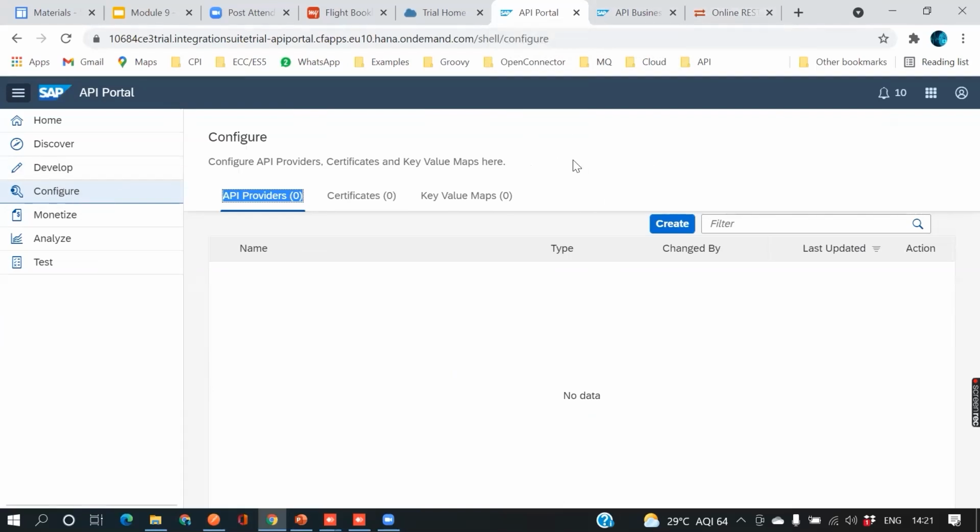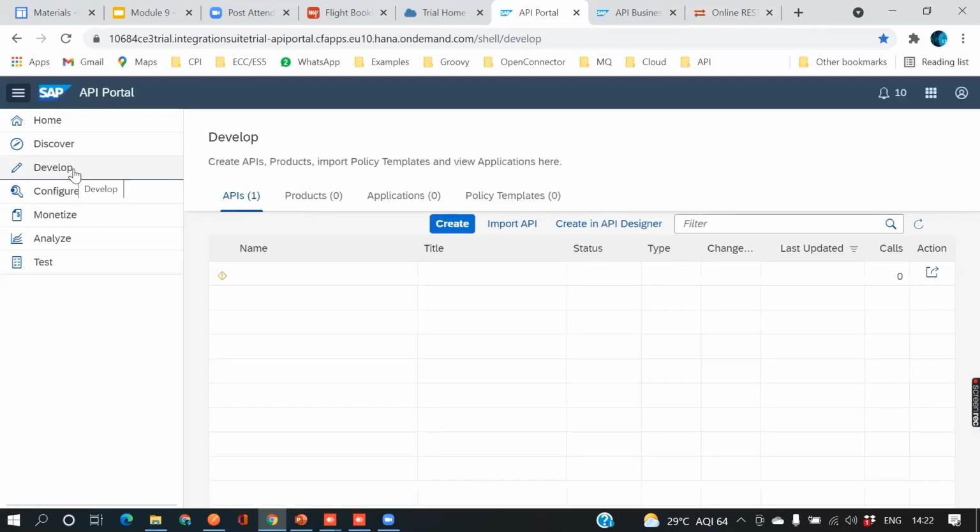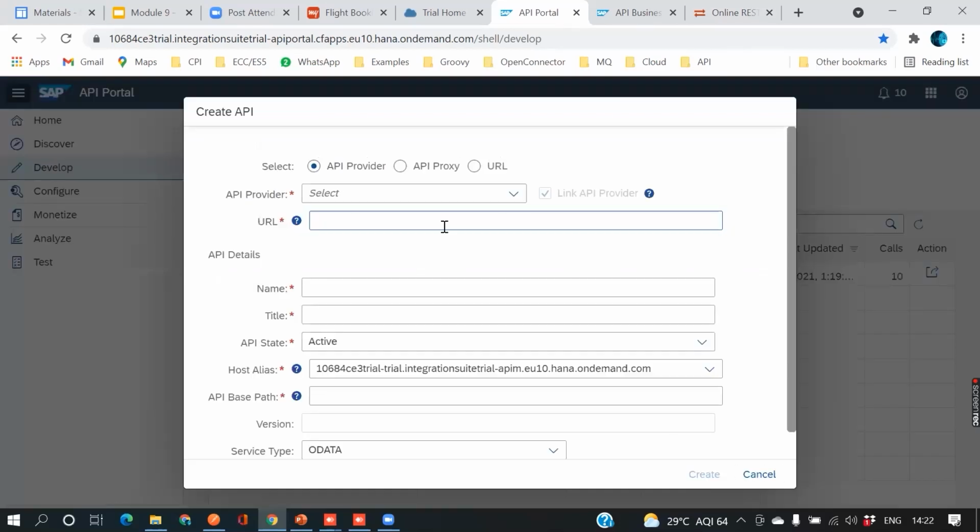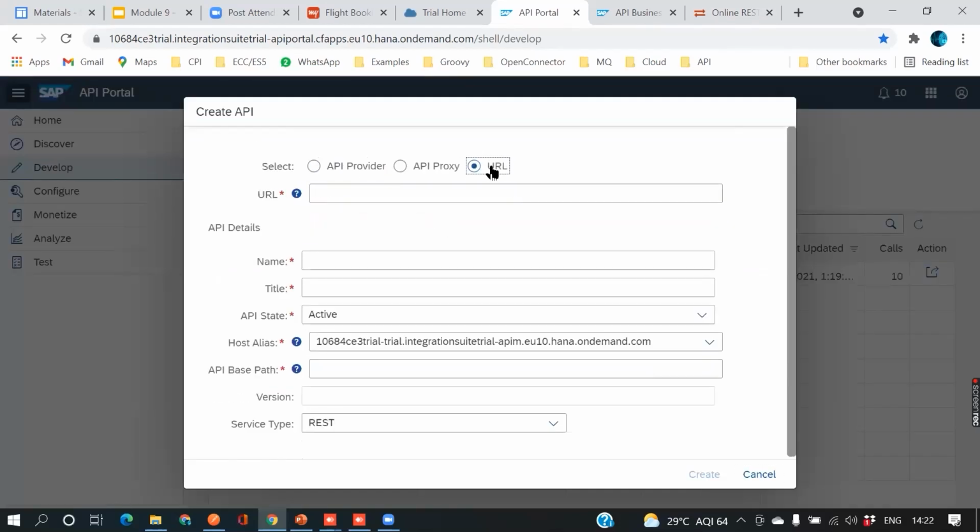Whenever you have a URL, the URL will not come under providers. If it is an ECC system, a backend database or a CPI, then you can create the provider. We'll see that for the CPI. First we'll create a direct URL. You just go to develop, click on create, then click on URL and paste that URL. Now your URL is here. Then give the name,